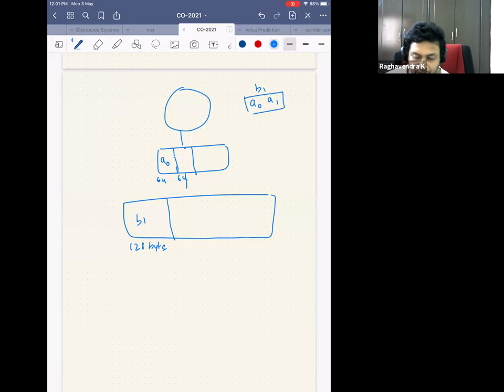If I bring only A0, then only half of it... No, you can't do that. Generally, you can't do that. So you will have to bring the entire block B1. Generally, exclusive caches don't have this kind of block size difference. Generally, it's not beneficial to have this design where you have a higher block size with the